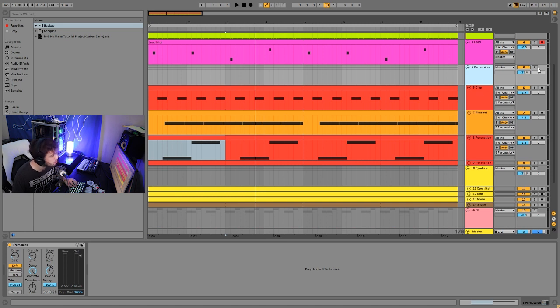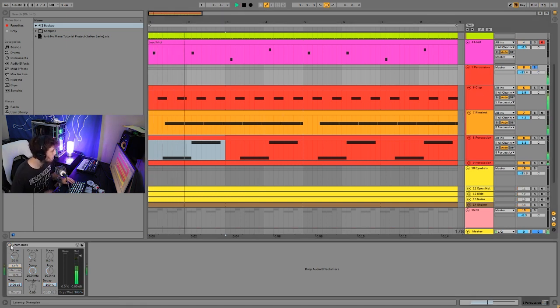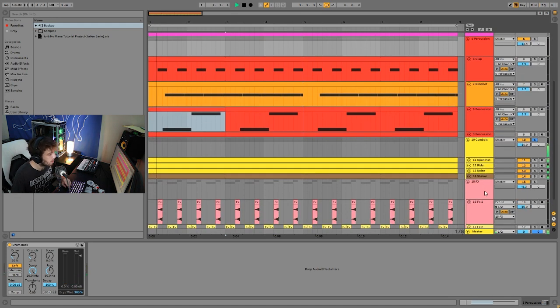Then on the group of percussion, we just have a bit of drum bus, so here's without that. And then with it. So you can hear this just makes everything here a lot cleaner, a lot fatter, and more full sounding. Then we have the cymbals,